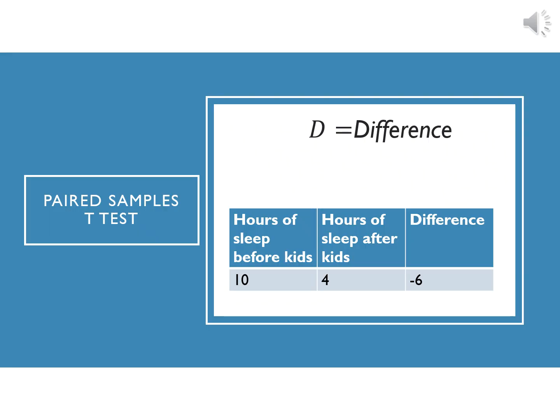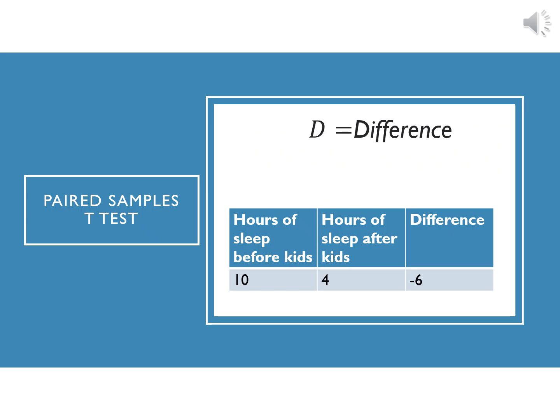For example, suppose we wanted to calculate the difference scores for a parent who describes the amount of sleep that they get before they have kids and then after they have kids. You can see that before they have kids, they have 10 hours of sleep per night. Very nice. After they have kids, they only get 4 hours of sleep per night. If you take the post-test, hours of sleep after kids, and subtract from it hours of sleep before kids, 4 minus 10 gives you a difference score of